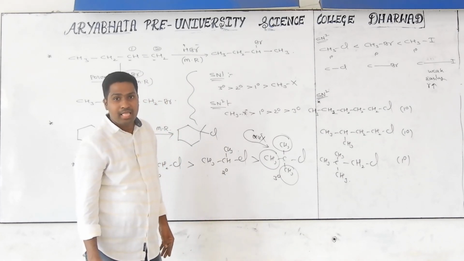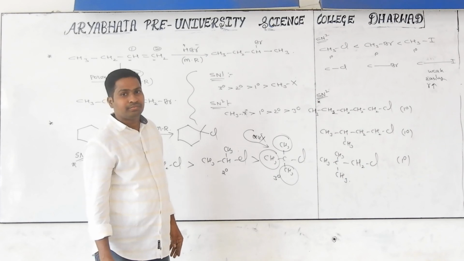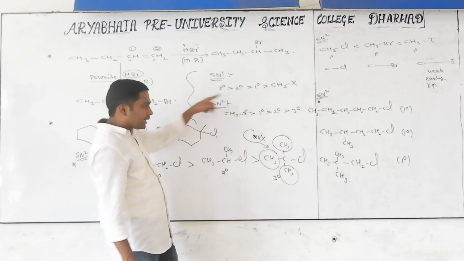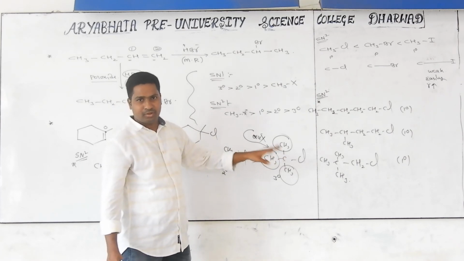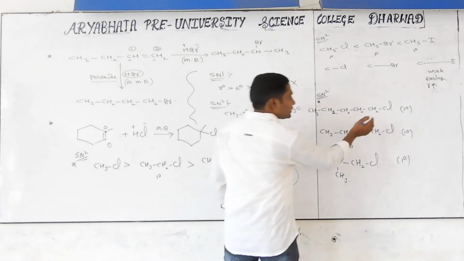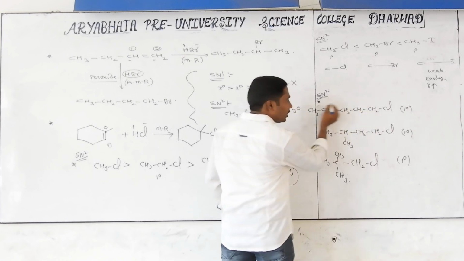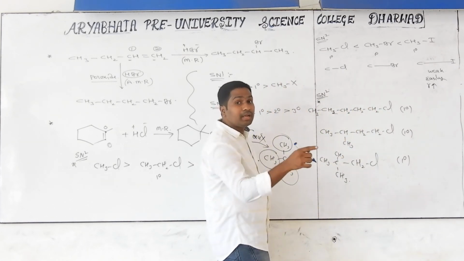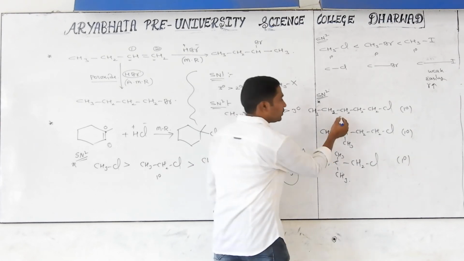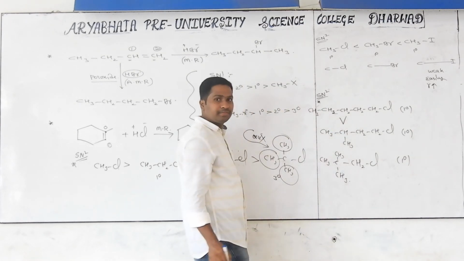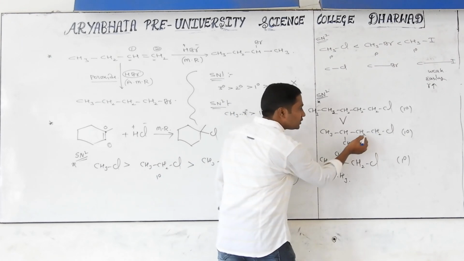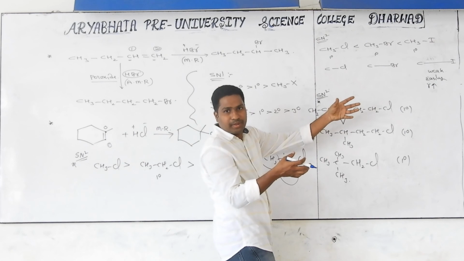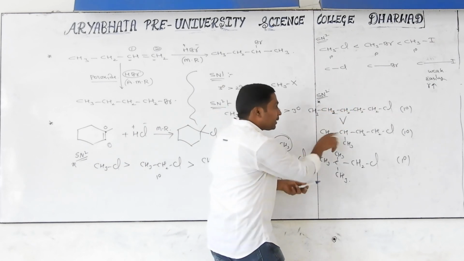Why, and where is it more? Observe one thing: the SN2 mechanism goes through attacking of the nucleophile from the backside. Observe the concept. In this halogen-bearing carbon, only one alkyl chain is there, but 2 hydrogens are there, so the available empty space will be more. That's why this compound has more reaction speed. Here also 2 hydrogens are there, but 1 branch is there. Due to 1 branch, more space is occupied. Why? Because as the branching increases, the